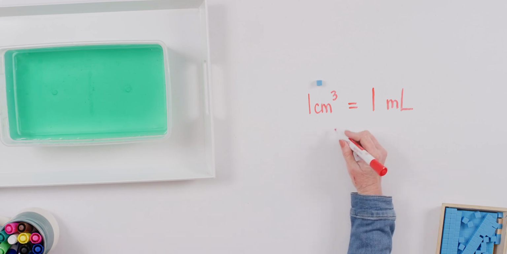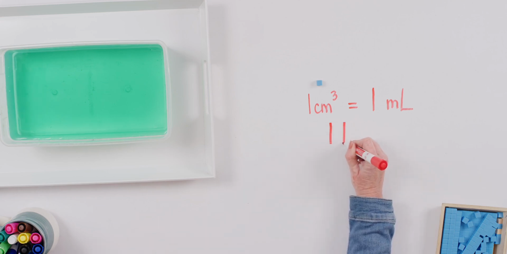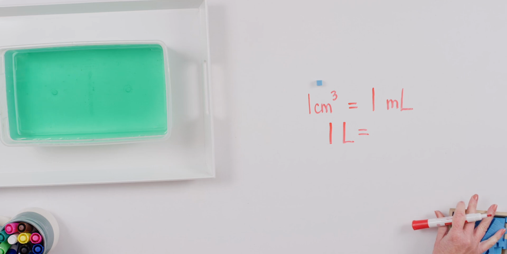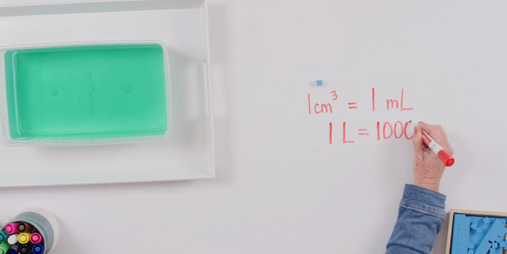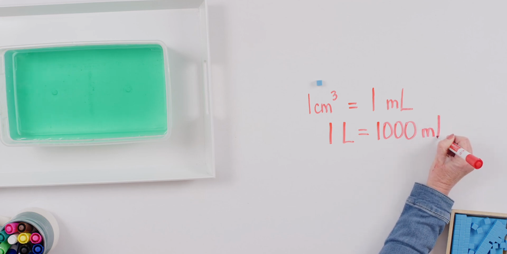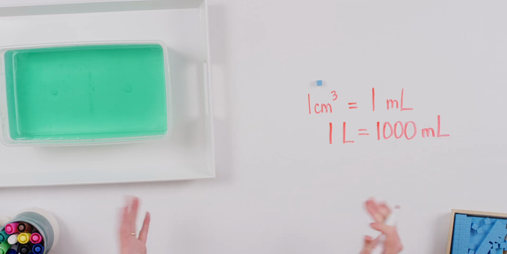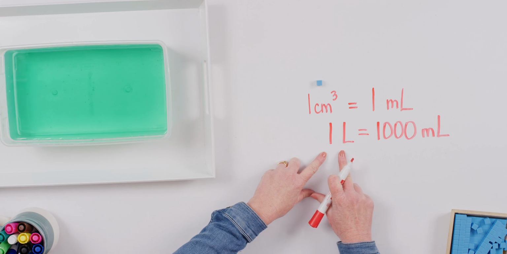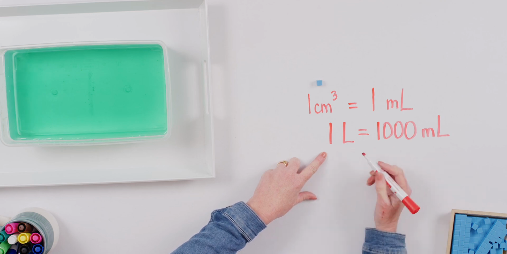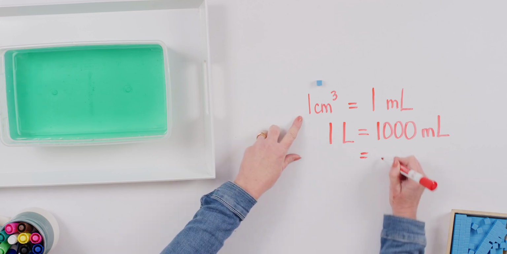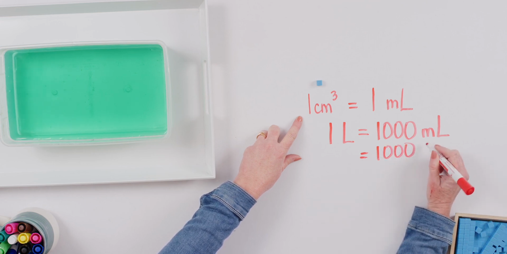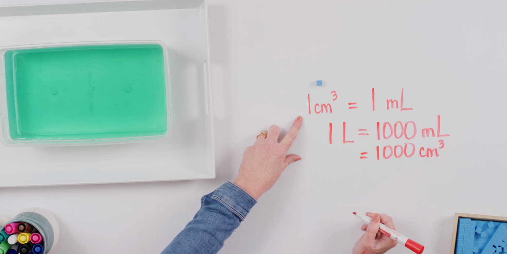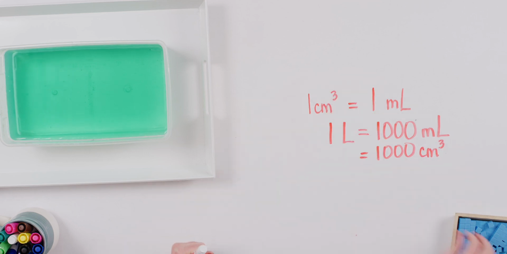Now, it's also important to remember 1 liter equals how many milliliters? Great, 1,000. Which would also mean that if 1 liter equals 1,000 milliliters, it'll also equal 1,000 cubic centimeters. So with this right here,